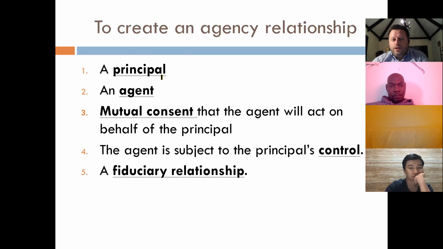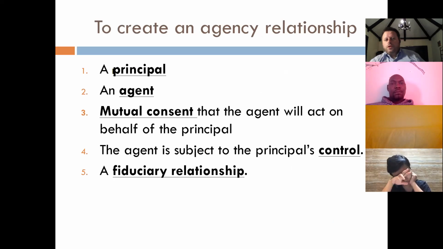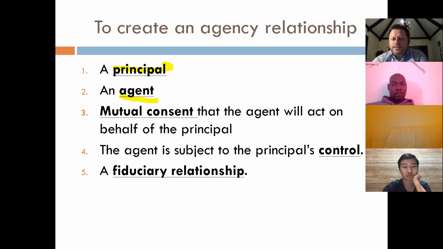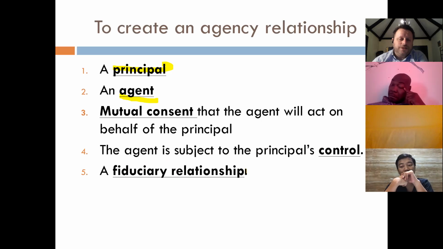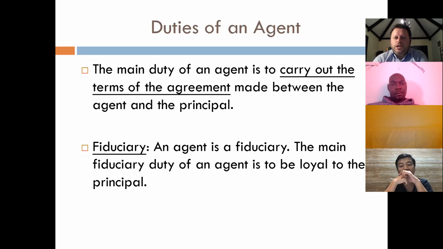Now, right now, maybe this guy, what's his name? Peter. Peter would be the principal and James would be the agent. Did they mutually agree to have this? Well, no. Is James under Peter's control? Well, no. Do they have a relationship of high trust? Well, no, not yet. So that doesn't look like they're an agent, but we understand that agency can be created